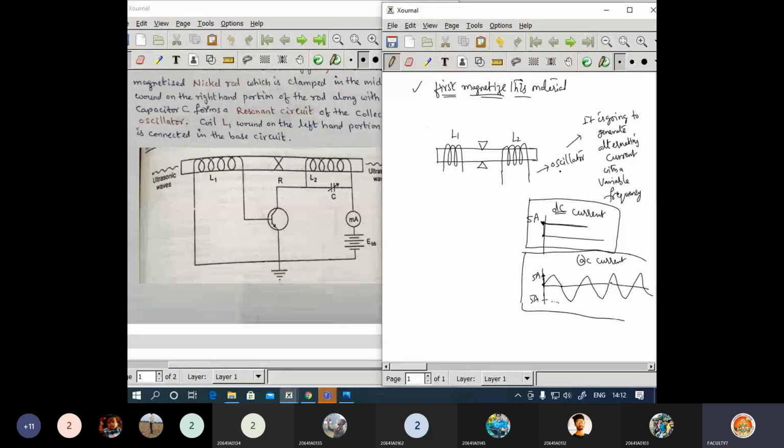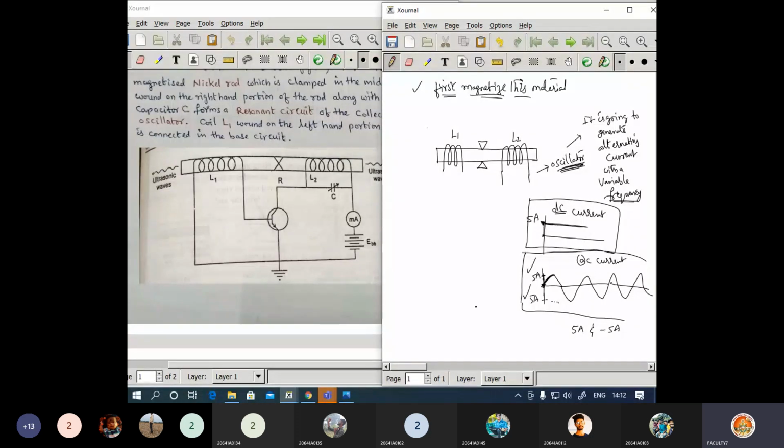The circuit is considered an oscillator because it is oscillating between 0 to 5, or else 0 to -5. These oscillations will be going on. In this particular example, it is going to oscillate between +5 amps and -5 amps. So that is the concept here. It is considered an oscillator, giving alternating currents with a variable frequency. You can change the frequency here.